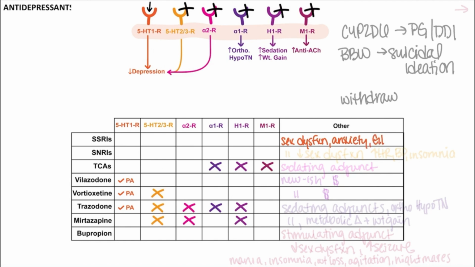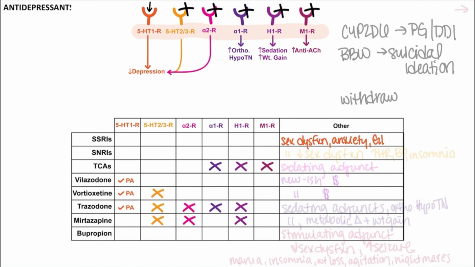Beyond these ADRs, it's going to vary some within the class. For instance, paroxetine is the most sedating and anticholinergic and has the most weight gain associated with it, while fluoxetine is more likely to cause insomnia and anorexia. And Celexa, for example, has the highest risk of QT prolongation. So just keep in mind that there are going to be some differences among the agents within this class.